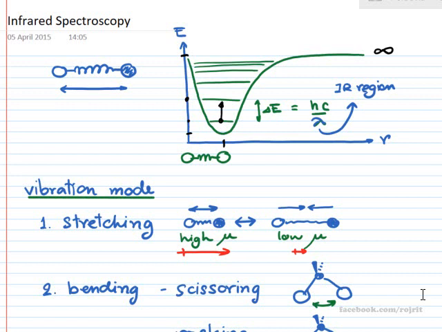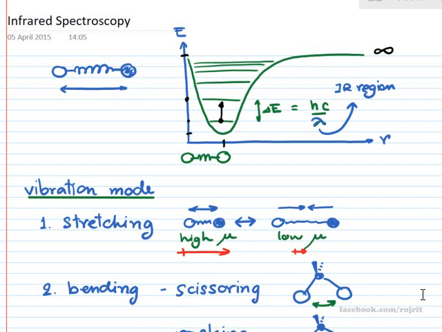Okay, infrared spectroscopy. This is the interaction between the photon in the infrared region with the molecule. If you look at the graph here, this graph is showing the energy and the internuclear distance between two atoms that are bonding together. So as you can see from the graph,